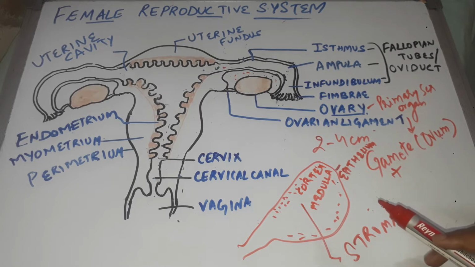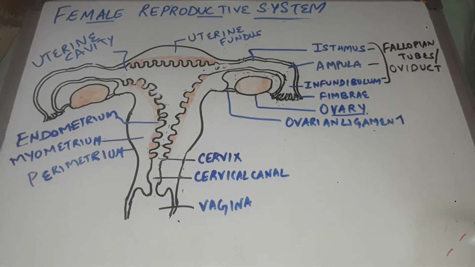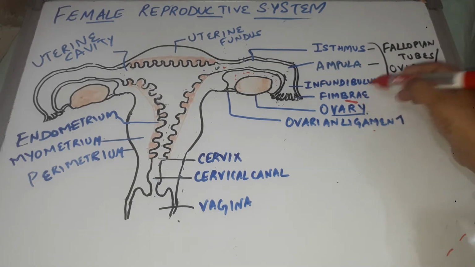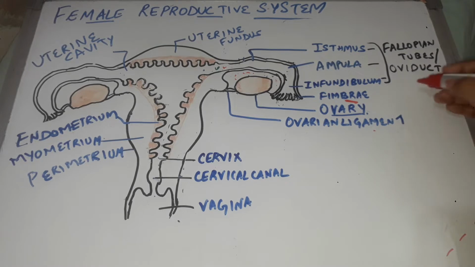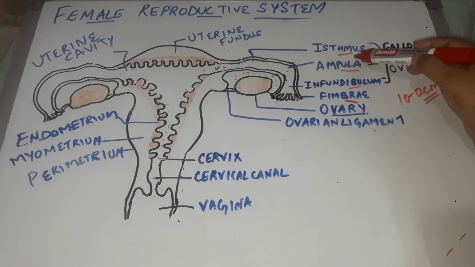So what is the function of the ovary now? The ovary produces the gametes and also certain ovarian hormones, right? So now let's proceed to the next part of the female reproductive system. As it was told, the ovary will form the ovum, and this ovum will be captured by the fallopian tube, right? The fallopian tube is about 10 to 12 centimeter long tube-like structure, and it comprises three parts: infundibulum, ampulla and isthmus.